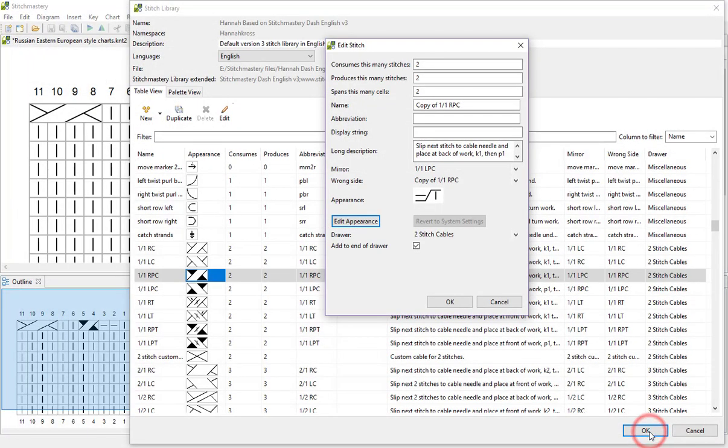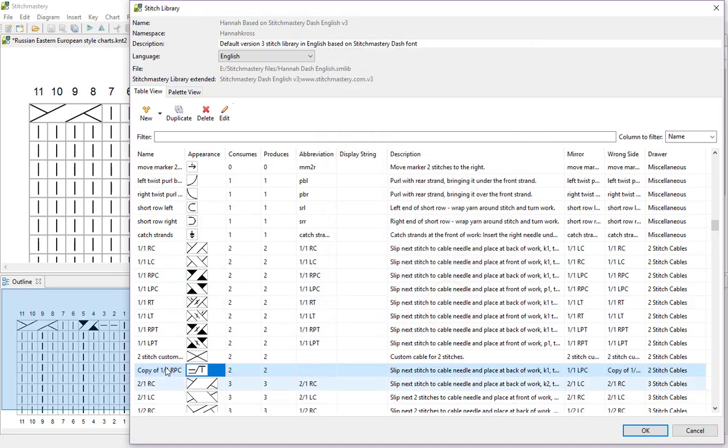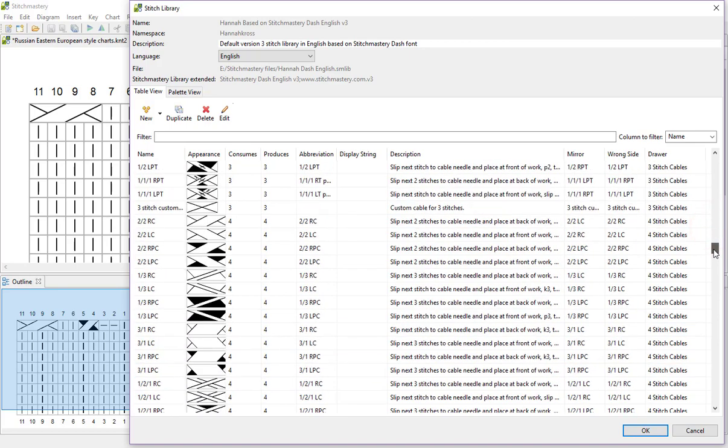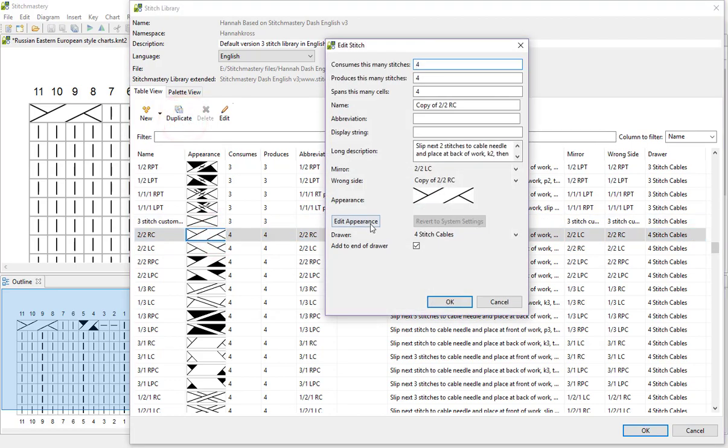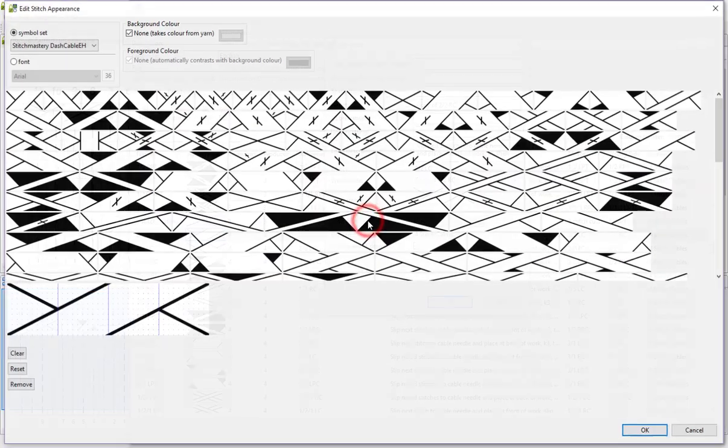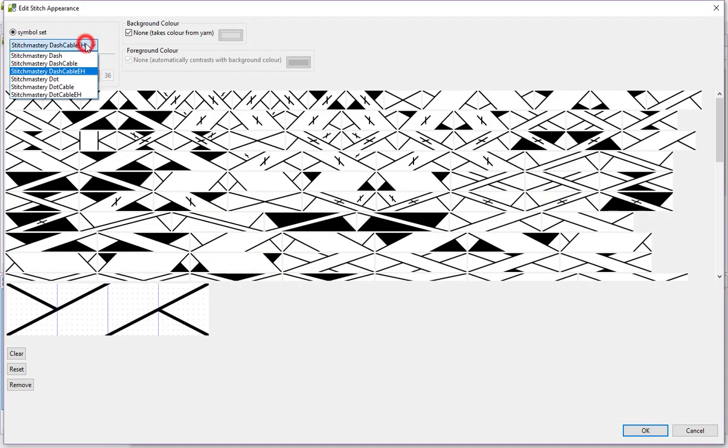So we can click OK, click OK again, and we see that this is going to save in the 2 stitch cables drawer, and it appears at the end of the list. And then if we scroll, the other stitch in our chart is the 2x2 right cross in the 4 stitch cables drawer. So again we'll duplicate that, edit appearance, and again using the Stitch Mastery dash cable,